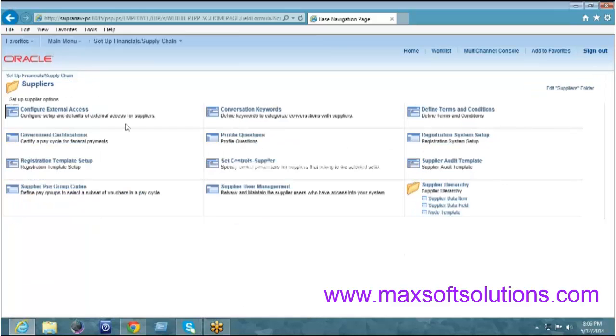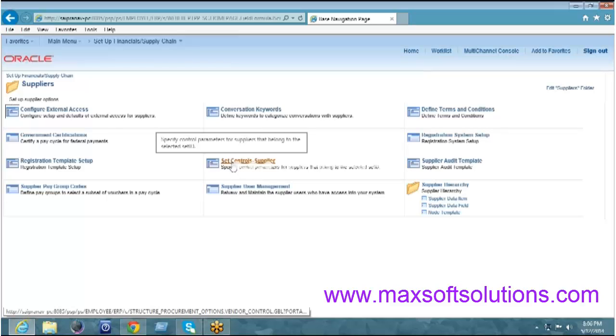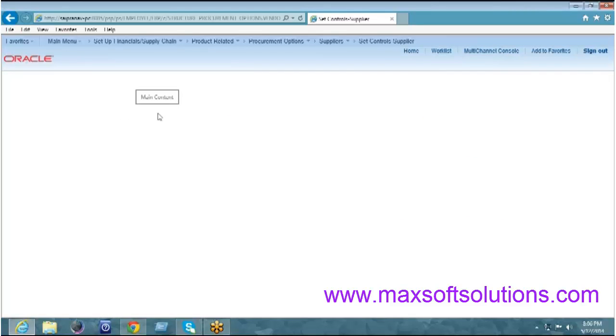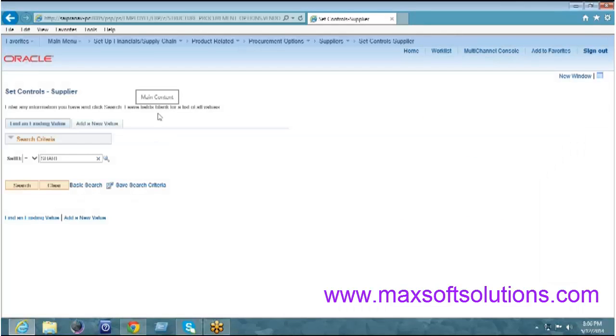In the supplier, the main concept is the supplier set control. You remember you have created a few vendors in the system. Now I'll open it and see how the set IDs are created and how the vendor set controls are triggered. The vendor set controls will be triggered based on the set ID. What it exactly means: